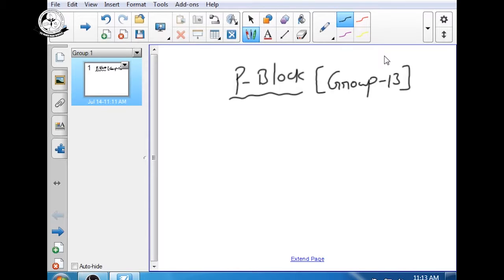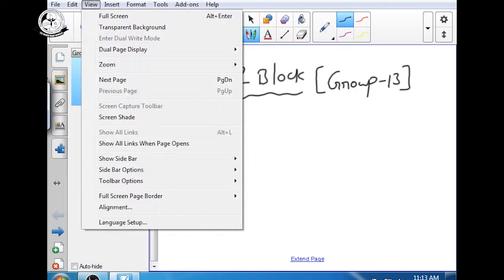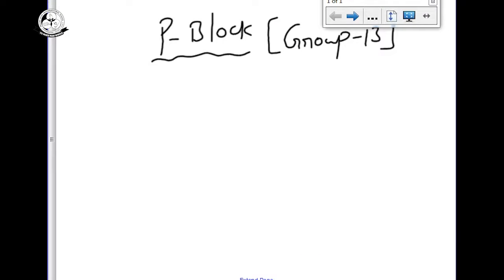Good morning, students. Last class we discussed the key group elements, important compounds of boron in group 13. Now we are going to complete the remaining part of group 13 elements. Last class we discussed diborane, its preparation, properties and structure. Now the next important compound of boron is